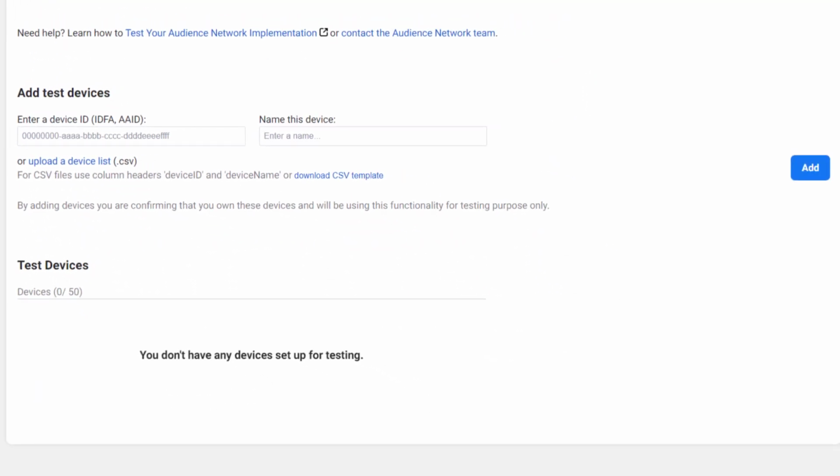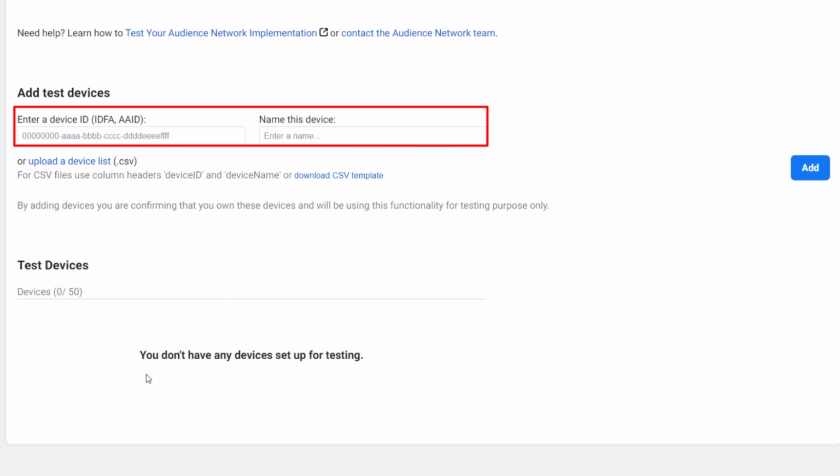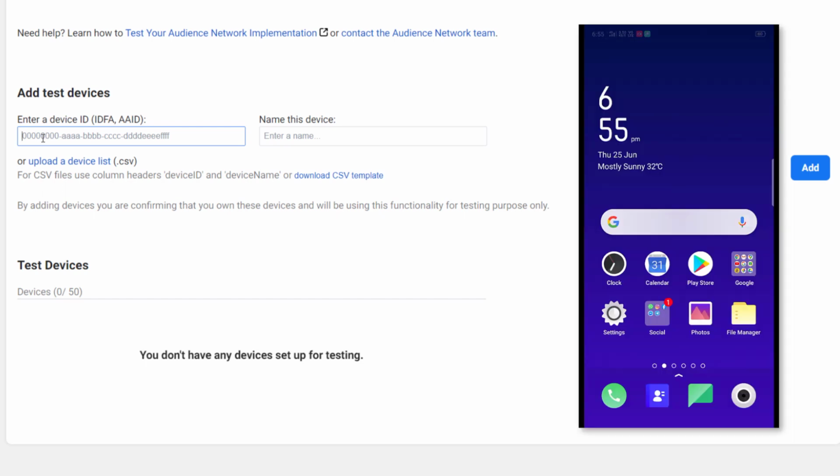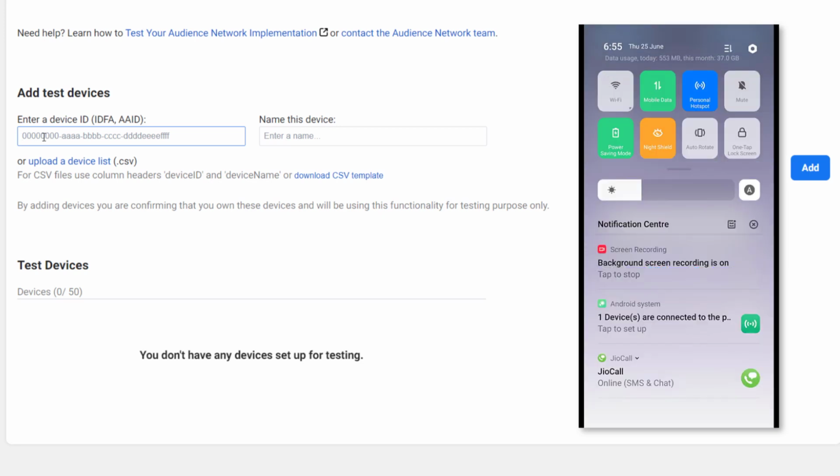Now, here we need to add testing device. For that, we need to pass here advertisement ID and name to that device. For finding the advertisement ID, go to the mobile. Open your mobile settings.